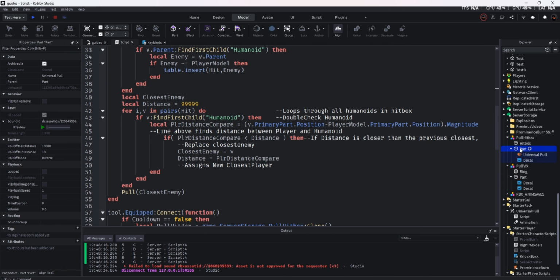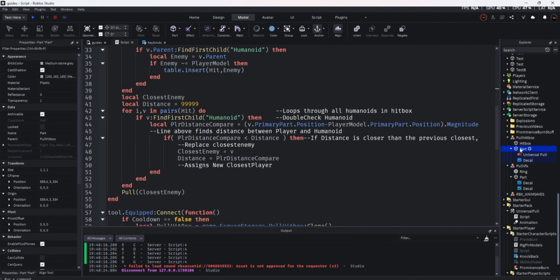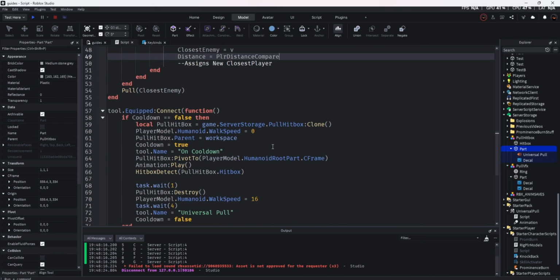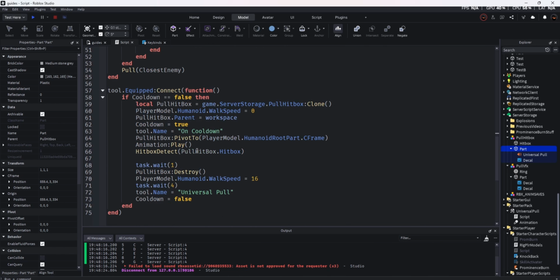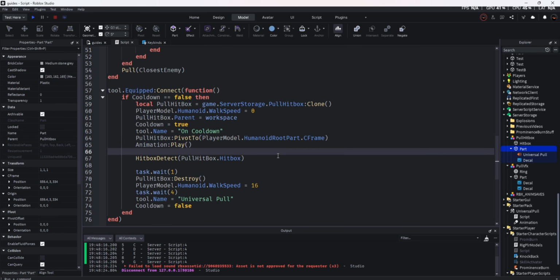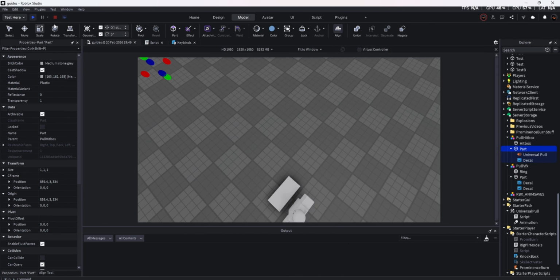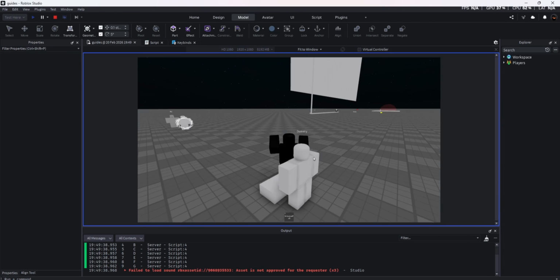And since this is really just an invisible part that's put on top of us, that's the perfect place we want to emit our sound from. So on top of that, if this hitbox detector works, then let's also play the sound inside of it. So inside of pull hitbox, we have our part, which contains our universal pull sound, and then we play it. So now, when I play this,